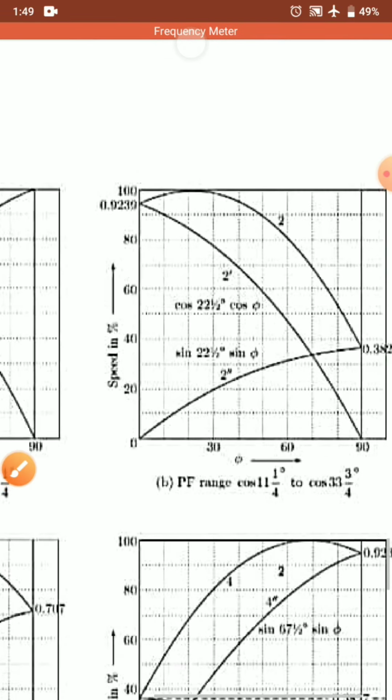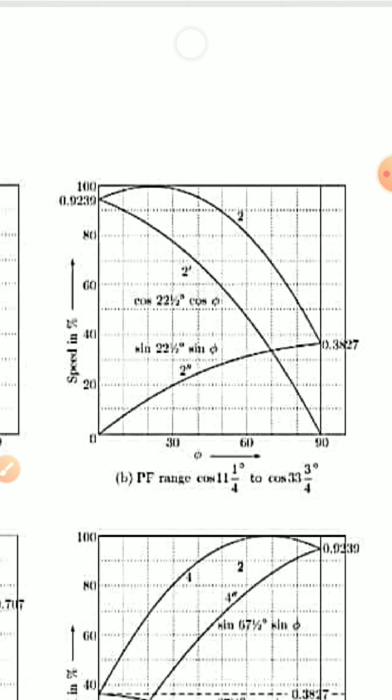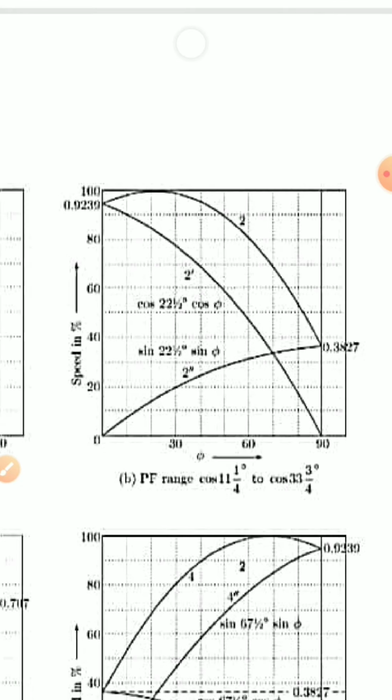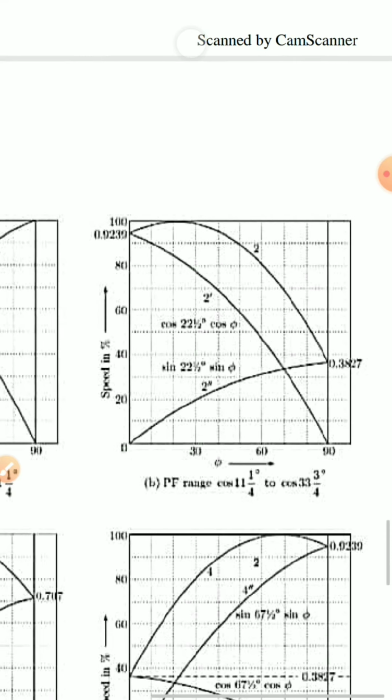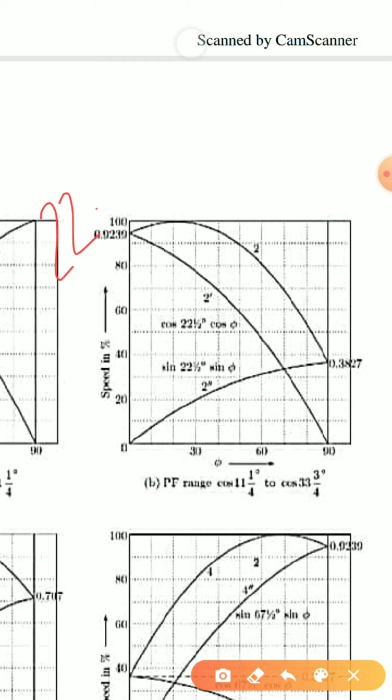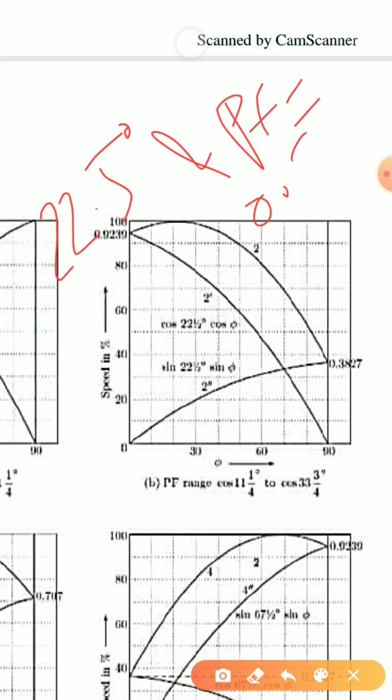Now in the second gear, what will happen is, when the watt hour meter speed is slightly reduced, the reactive meter speed will also be slightly reduced. Here we can see that when the phase angle is 25 degrees and the power factor's value is 0.925, a cos phi relation is there, and because of the cos phi relation I am getting 2 dash.